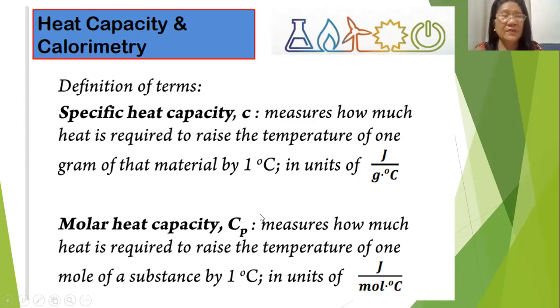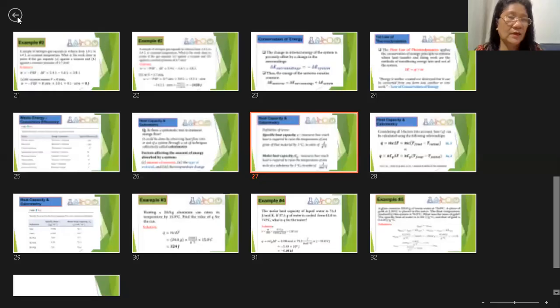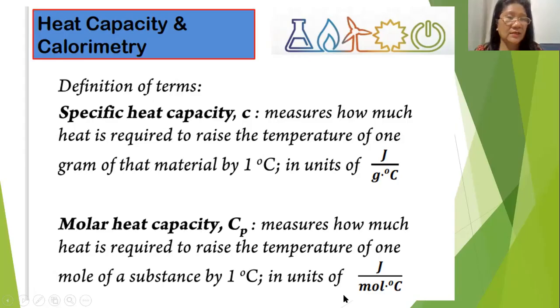So what happened here? Let me go back. Okay, a minute. So your unit for specific heat, as I told you, your heat has a formula: heat is equal to mc delta T, where M is the mass, C is the specific heat, and delta T is the change in temperature. What is the unit of specific heat?